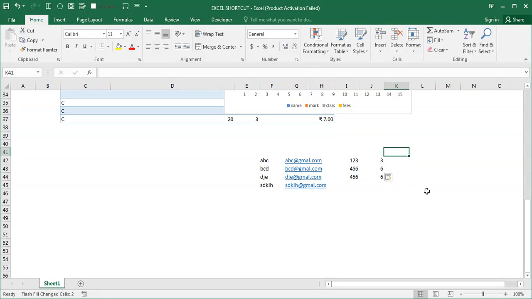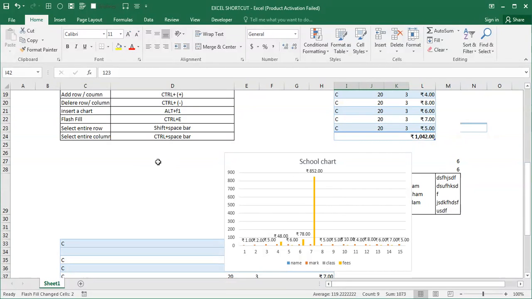Suppose I want to take the middle. I'll take 5 4 5 6. I'll enter 2, then press Ctrl E. See, from this it takes 5, from here it takes 6. In this way you can use Ctrl E for autofill.